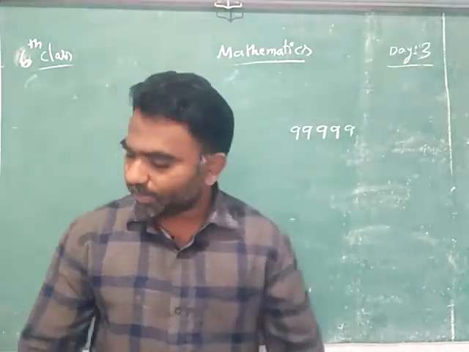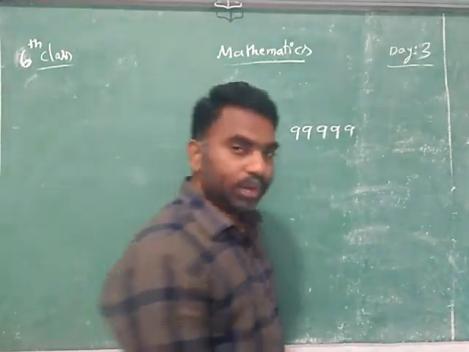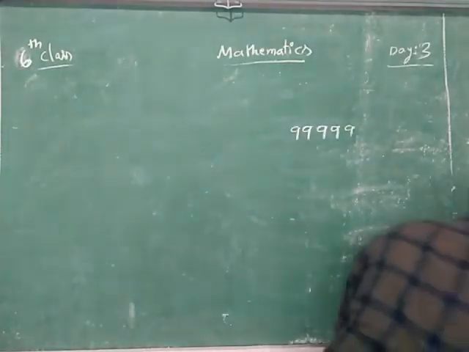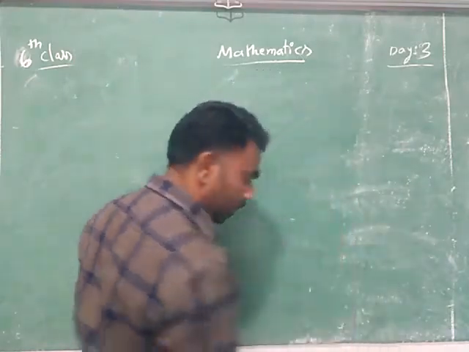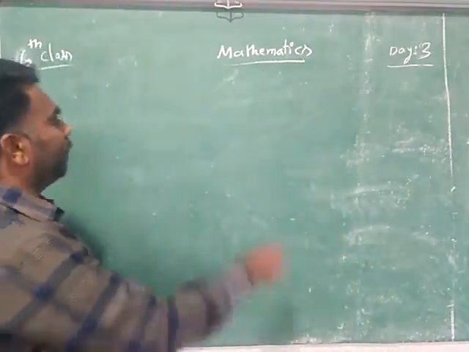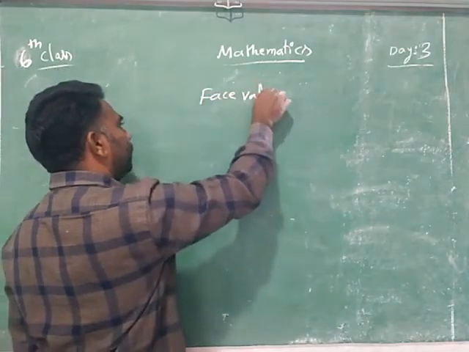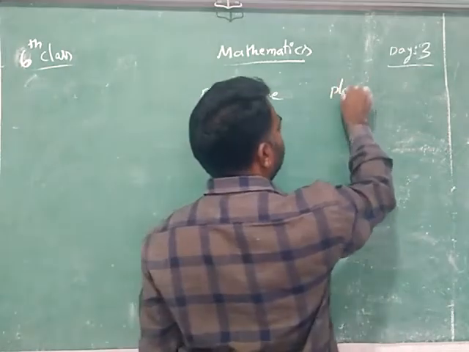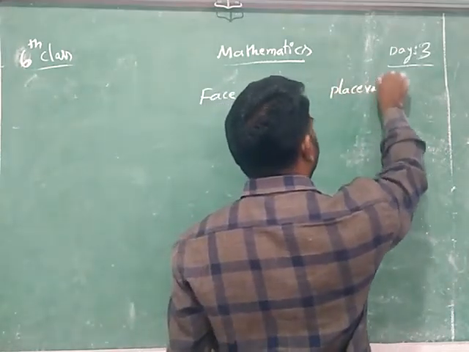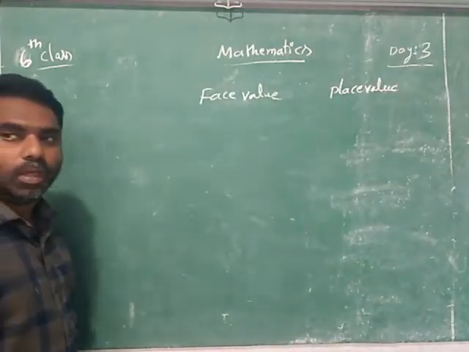This is a very simple way, very easy, because already you have learnt in previous classes. Once again, I am revising. So it is very easy to understand. In a table format, I will explain. I will give some numbers, underline some digits, and we will try to write the face value and the place value of them. So you can understand these topics very well.